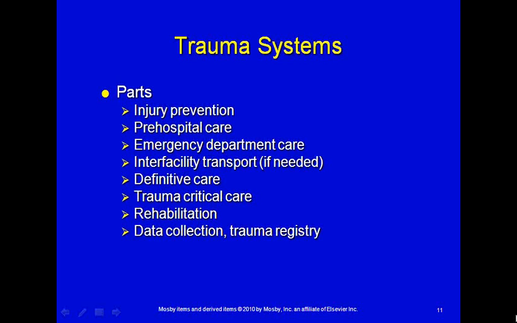Inter-facility transports: if we've got a community-based facility that does not have surgical capabilities and our trauma patient needs surgery, then we have to be able to get them there quickly and safely. The definitive care for a trauma patient is surgery and blood, and we can't do either of those in the pre-hospital environment. So when we have a trauma patient with a time-critical injury, it's very important that we get them to a facility where they can get both surgical intervention and